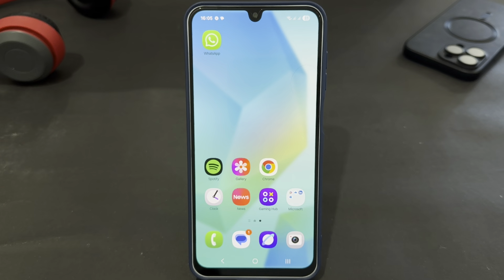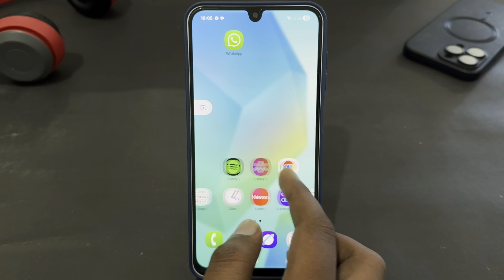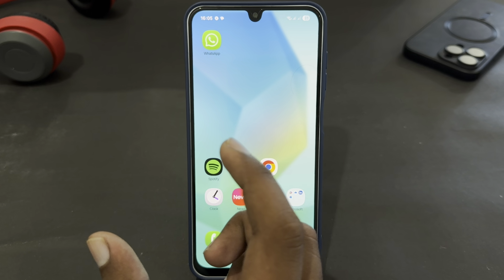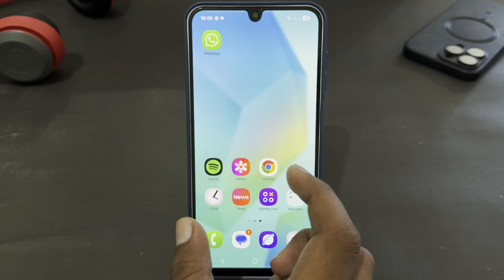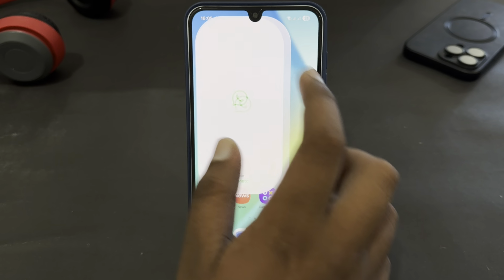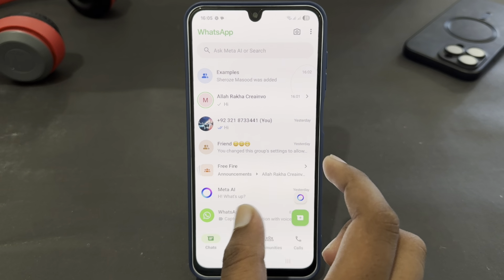Hey guys, today I'm going to tell you how to fix WhatsApp status not showing. If you're using WhatsApp and you're having an issue that your WhatsApp status is not showing, let's see how you can fix that. You just have to open your WhatsApp app, and here first of all you have to